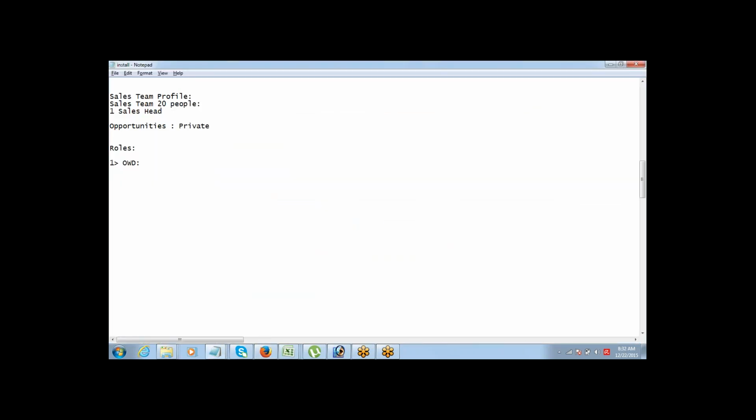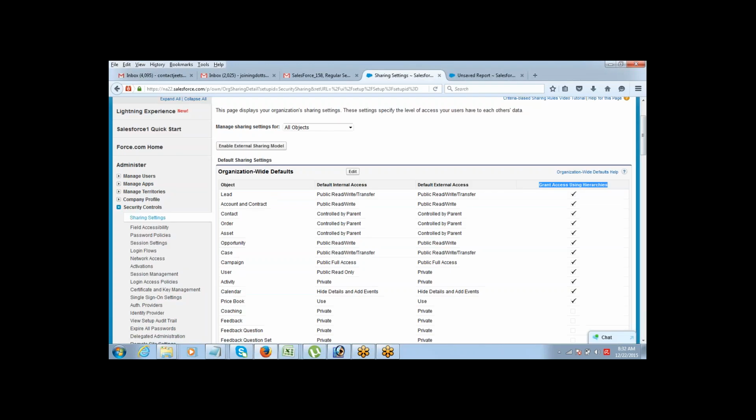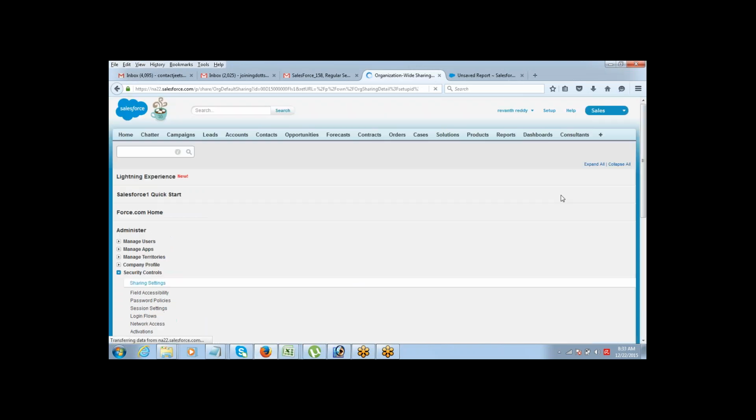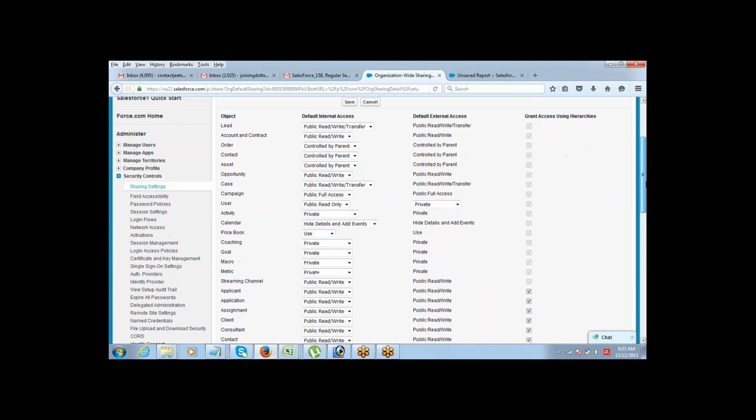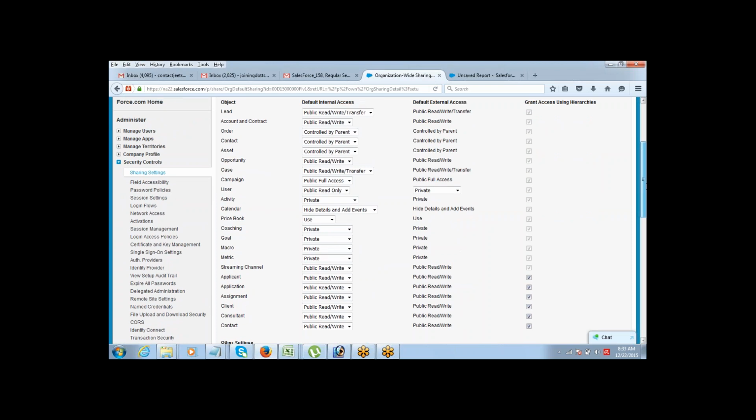Got it? So in OWD you have the option of Grant Access Using Hierarchies. You can click on it here and you will see. If you just want to keep the private data completely private and you feel that even the manager of that person should not see that data, then you just remove this option.